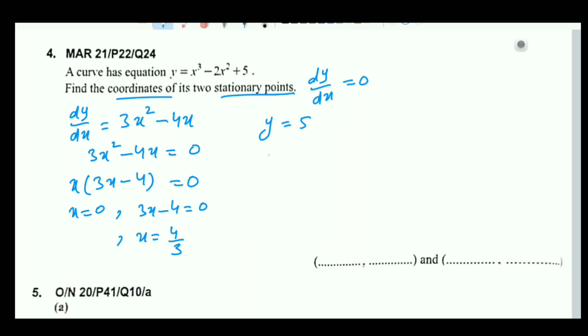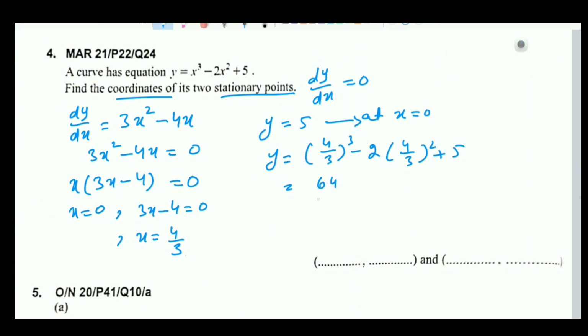And if we put 4 by 3 in the original equation, minus 2, 4 by 3 squared plus 5, 64 by 27 minus 16 to the 32 by 9 plus 5. And what is the LCM? 27 is the LCM. 64 minus